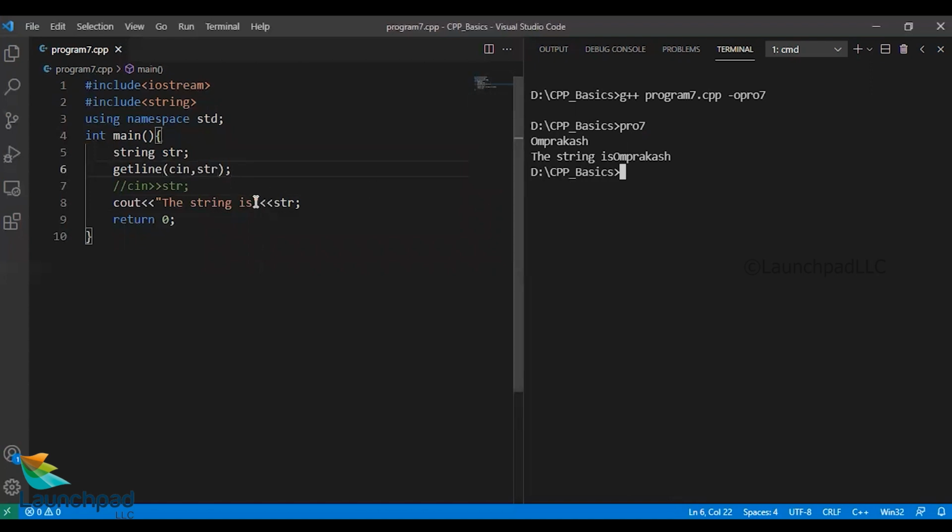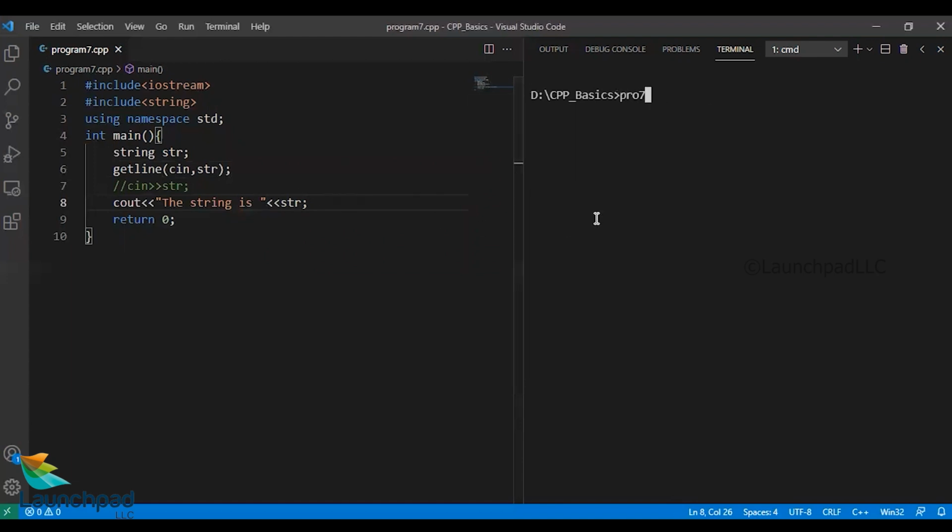So let's do the same old action again. I'll have a short little space between is and the value which I print on the screen. I'll clear the screen. Let's compile it. No errors, and run it one more time. And the cursor is waiting for my input for some data. And I'm entering my name once again.